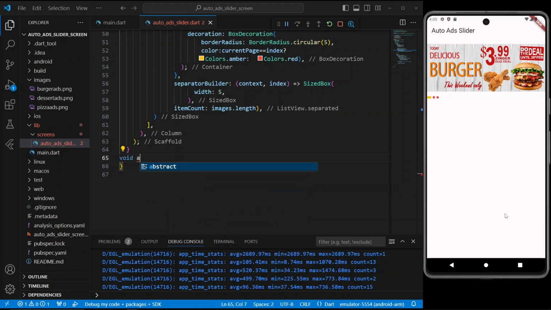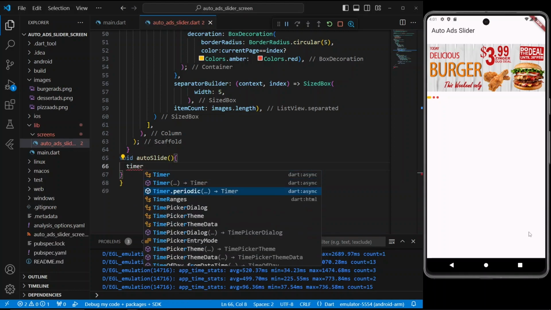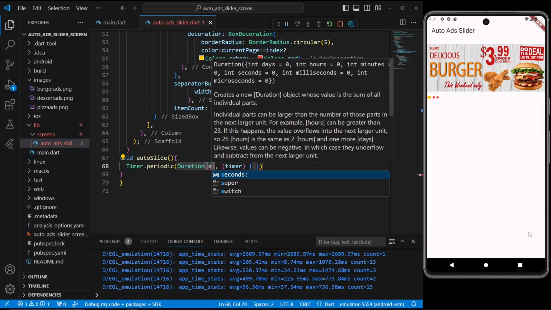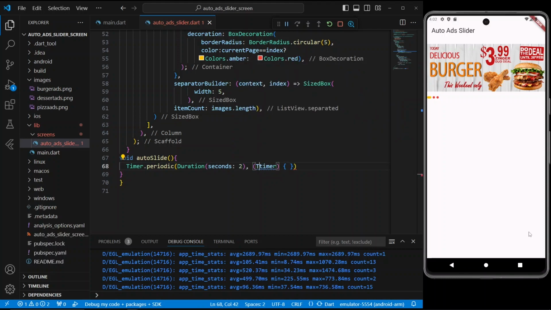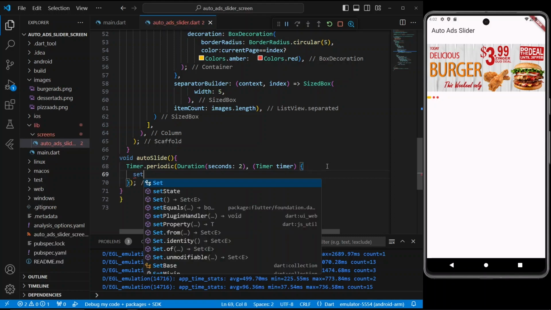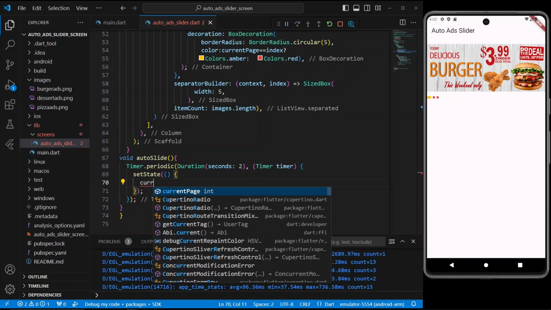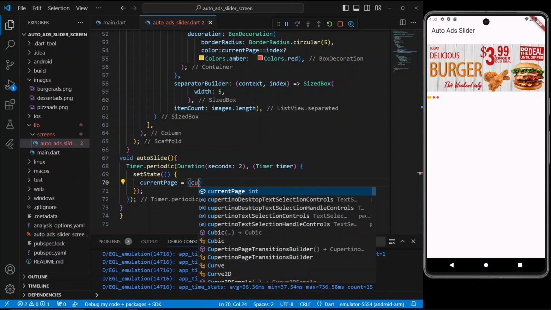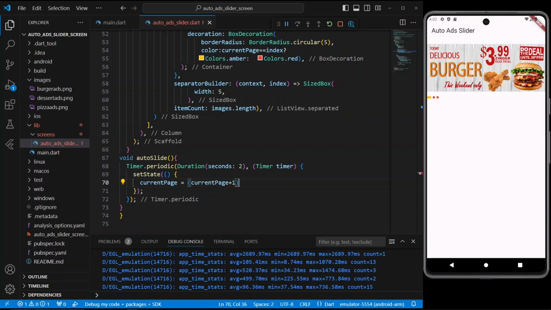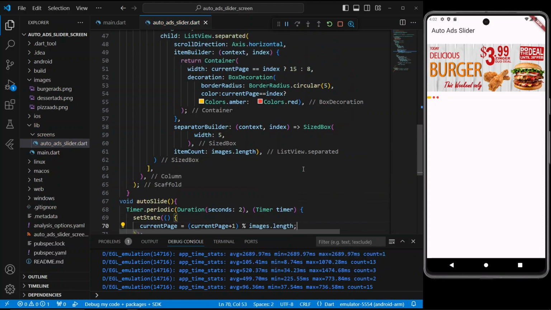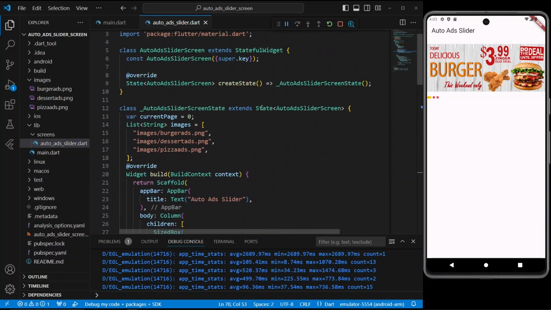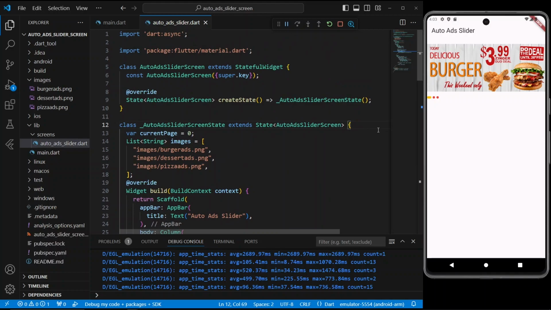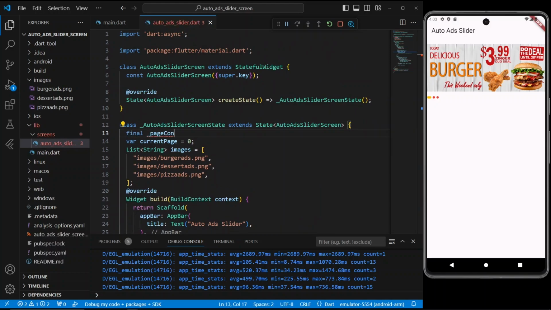For using an auto function, create a void function. Now create a PageController to link with the onPageChanged property.